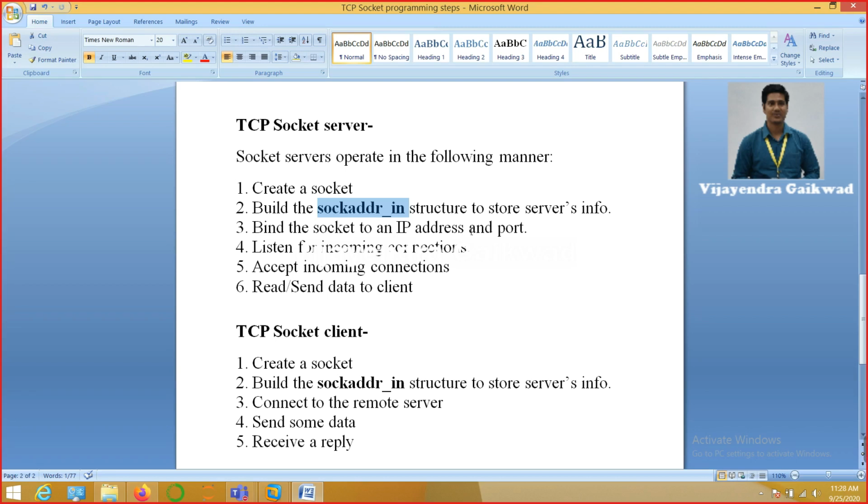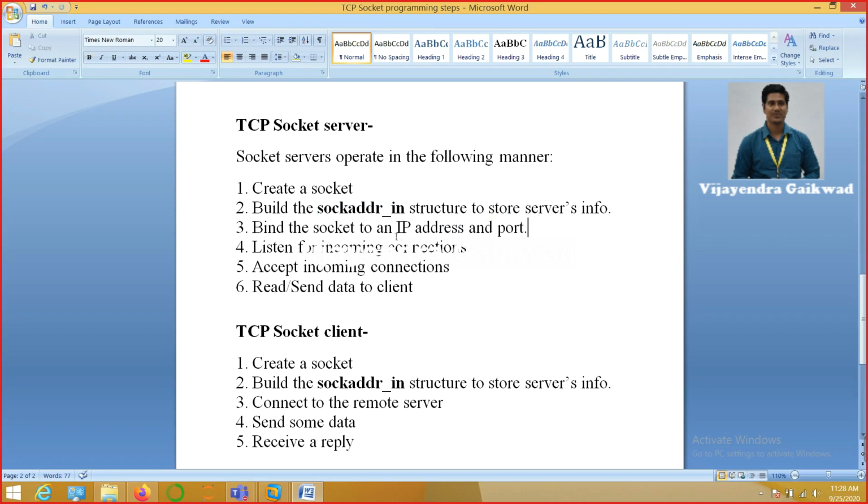So that is a structure member of this structure. In that inner structure, there is a member s_addr, to which we have to assign this IP address. We'll see in the program and you will be able to understand it more clearly.